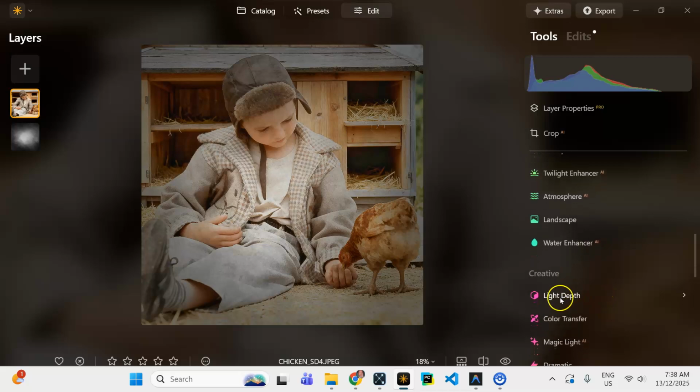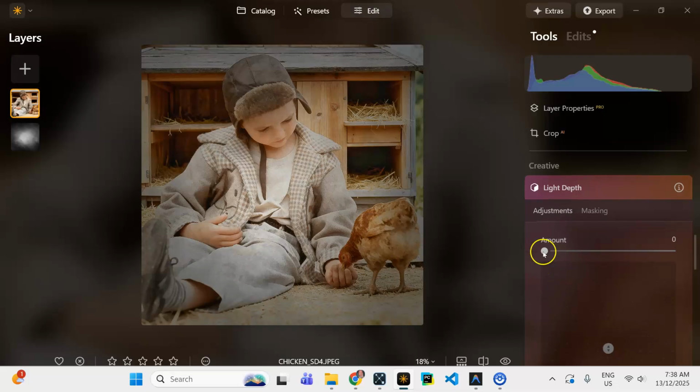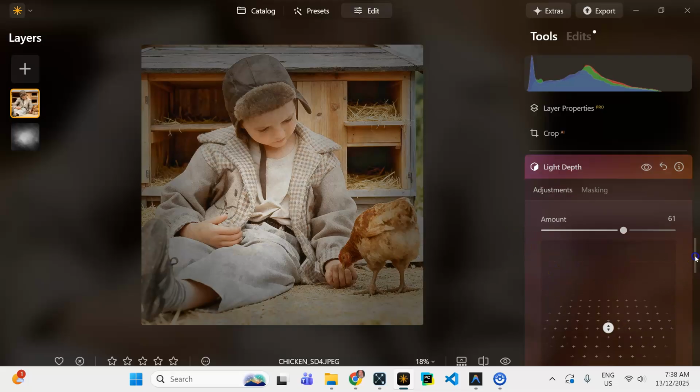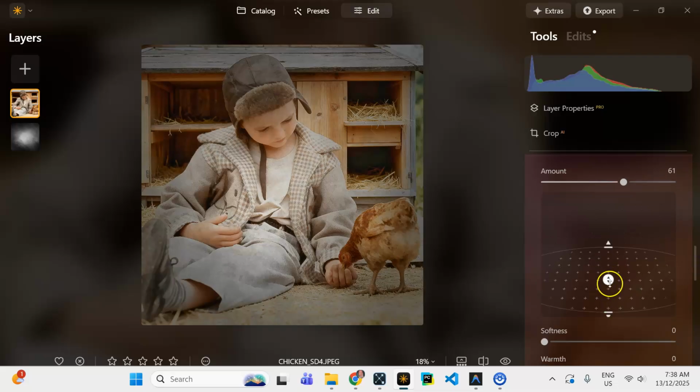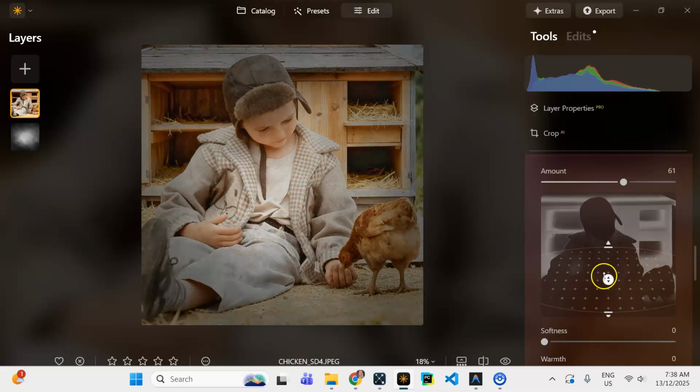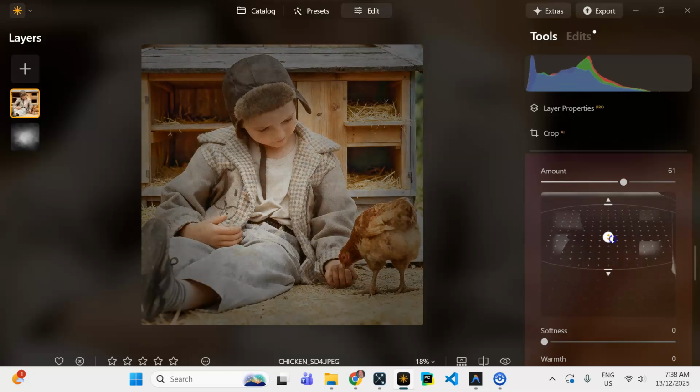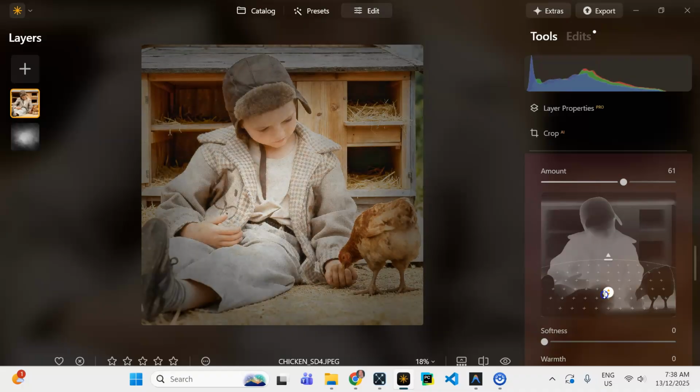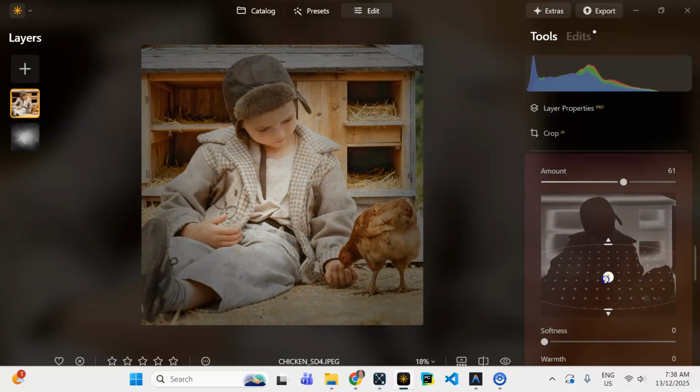Oh, let's do the light depth at any rate. So we'll put the light depth here, and what we'll do is we'll move this up. I mean, that's the question. Do we want it to be on me, or do we want it to be on the chicken? And I'm thinking maybe in between. And we can see how much light we want to put on there,